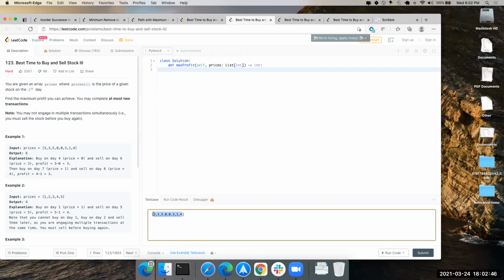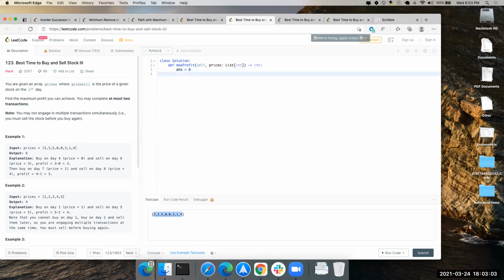No, it need not be, right? If what we said is, rather than at most 2 transactions, you must complete 2 transactions, doesn't that mean your input array needs to allow for 2 transactions? Not necessarily, I think.